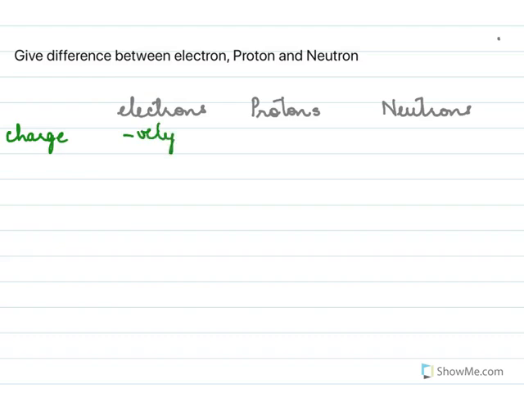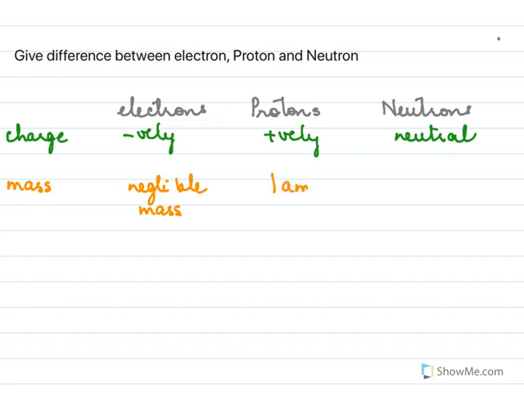Electrons are negatively charged, protons are positively charged, and neutrons are neutral. Then about the mass. Electrons have negligible mass. Protons have considerable mass, 1 AMU. Neutrons also have considerable mass. Then for the location,